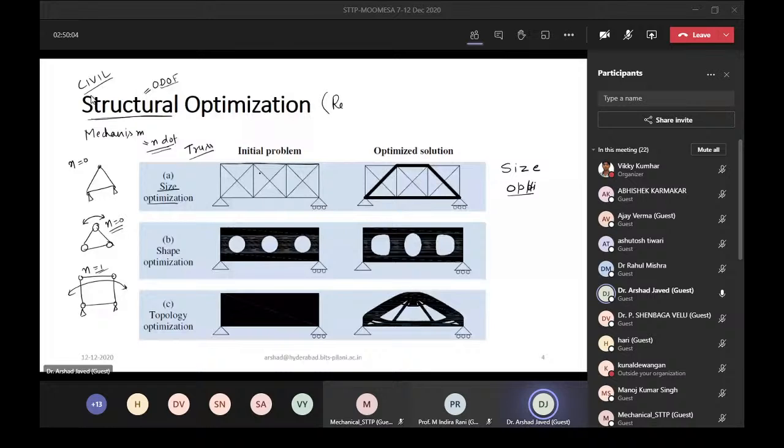Okay, there are different identical members, and out of these members, we wanted to find out which members take 0 load. Out of different members, which member takes 0 load or is not loaded at all when it is situated like this, or which member takes less load, which member takes high load. So in size optimization, what we do is work on the cross section